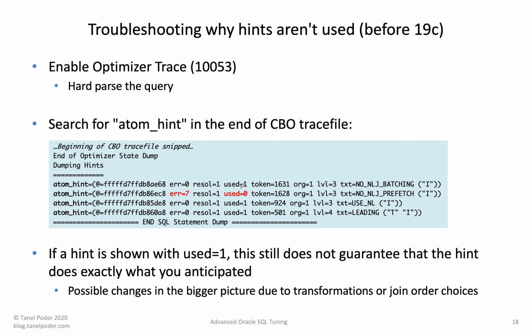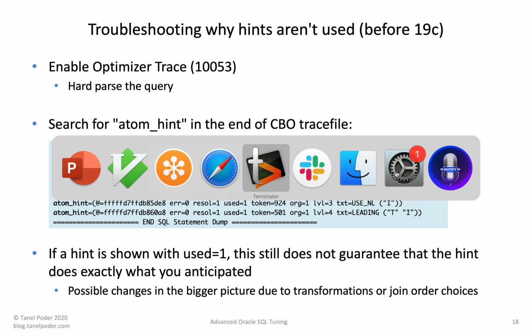So sometimes a hint is shown as used here in this shallow trace, which happens pretty early in the plan, or, well, it's shallow. I can't say about early or late, but it's shallow. But sometimes changes in the bigger picture, like query transformations, make this obsolete and they're not actually used, right? So